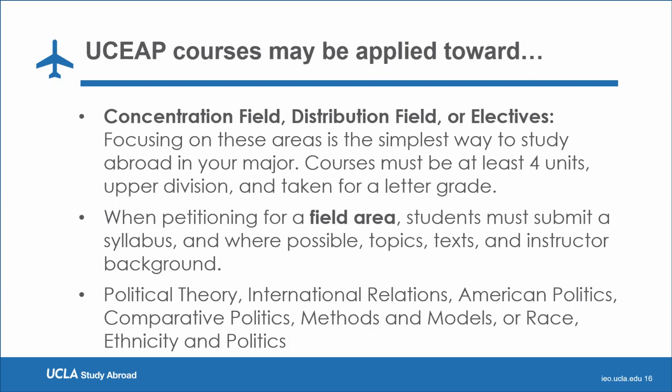I also wanted to talk about the different ways you can have it added to your political science requirements. As you all may know, since I'm assuming many of you are political science majors, there's your concentration you have to work at for upper division, your distribution field, and your elective. When doing that petition, there's a request at the bottom of the petition. I would need it to be at least half a page to a page in length, where you basically state your case of how you feel that course you took either resembles a political science course, or has enough political science elements to be counted.